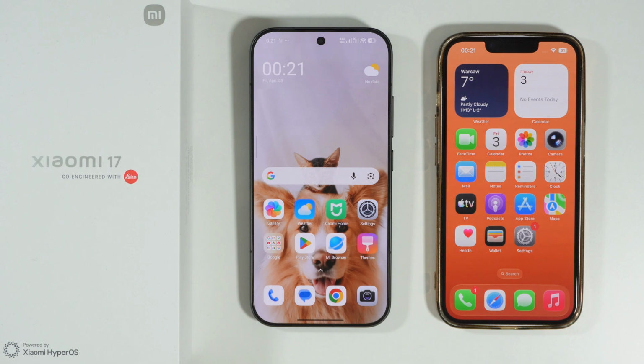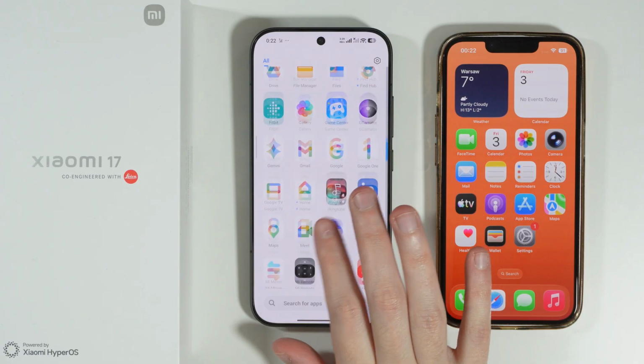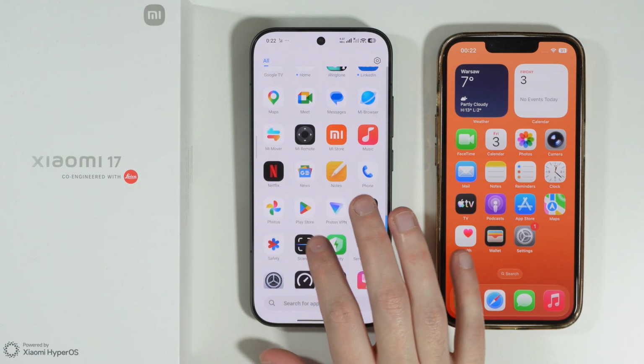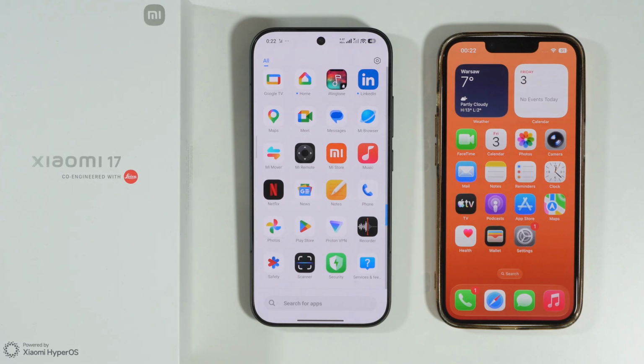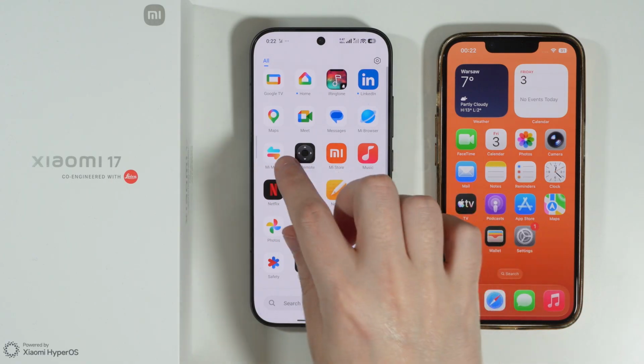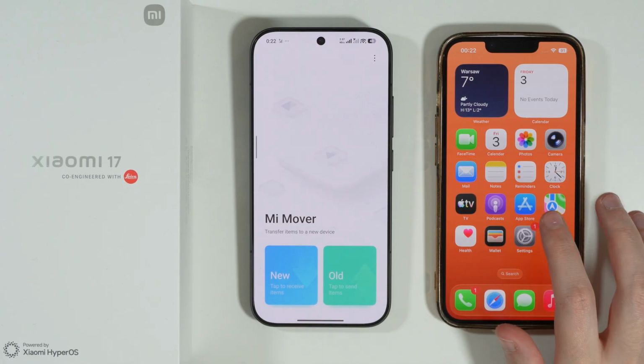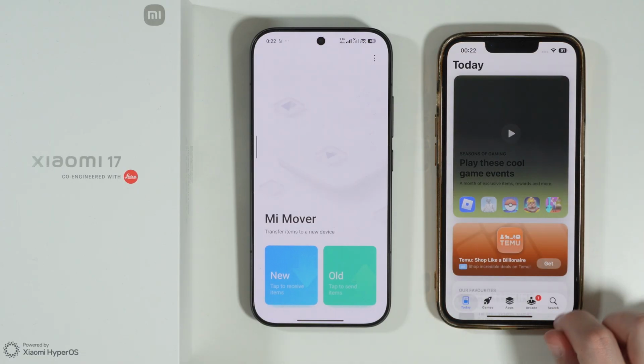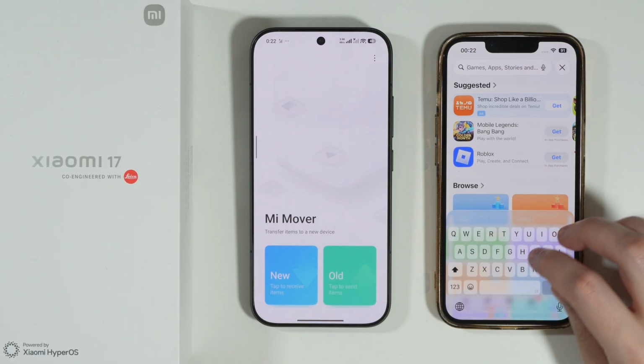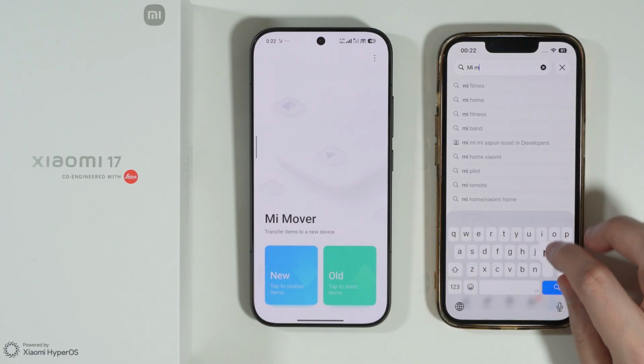If you want to transfer data from iPhone to Xiaomi 17, then here's what you need to do. So in this case, we can use the MI Mover app that we already have on our Xiaomi 17, and it is an app that is used to transfer data. In this case, on Xiaomi 17, of course, we don't have to download it, but we have to download it on our iPhone. So we can go to the App Store, we can easily search for the app, we can type MI Mover, there we go,